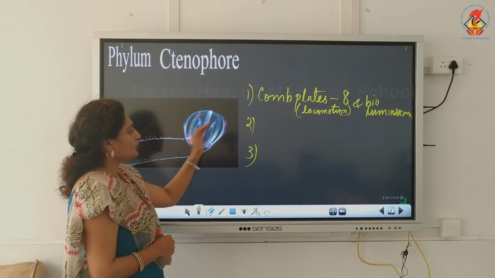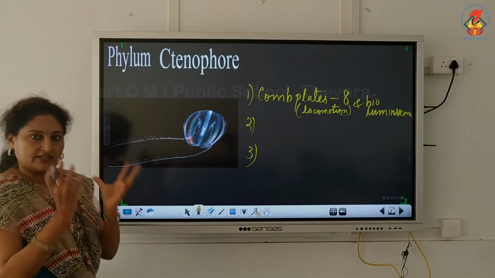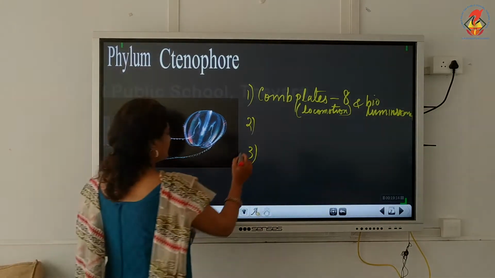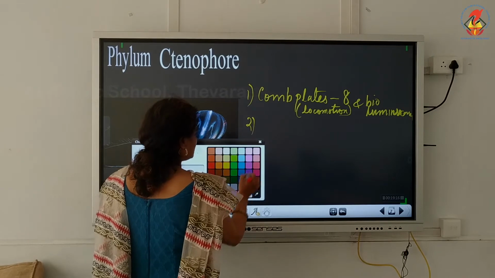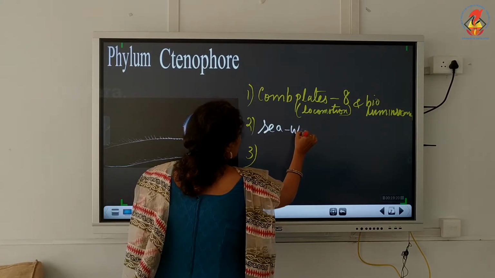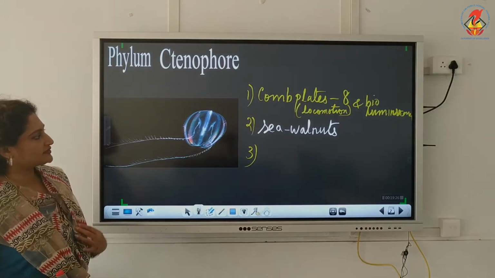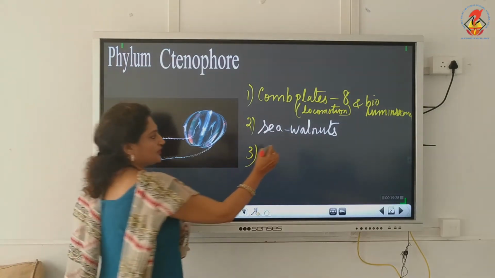Besides that, now going into the body structure, look at the shape of the Ctenophora. It's spherical, like a walnut. Do you know a walnut? Have you seen a walnut? Okay, so this is also referred to as sea walnuts, because it is spherical like the walnut, and because it is in the sea, it is called the sea walnut. Then, as I told you, the body is spherical,